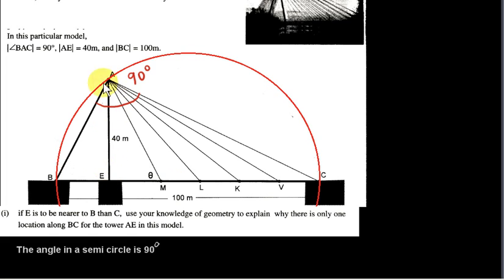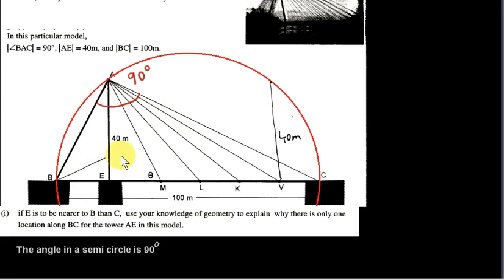So there are only two positions for the tower. We can either have it here or we can have it over here, so that the height is 40 meters. So these are the only two positions, but we are given that E is nearer to B than E is to C. If E was nearer to C, the tower would be over here. So you can see there's only two positions possible,